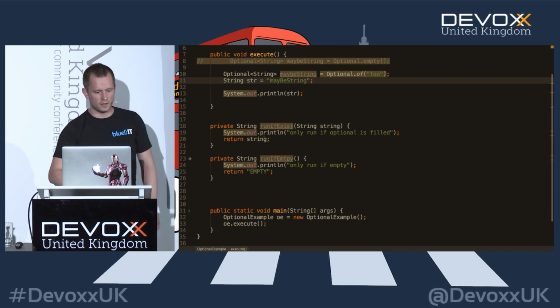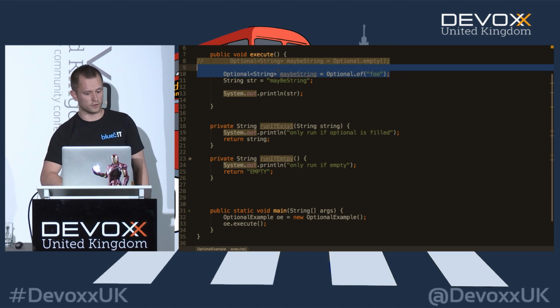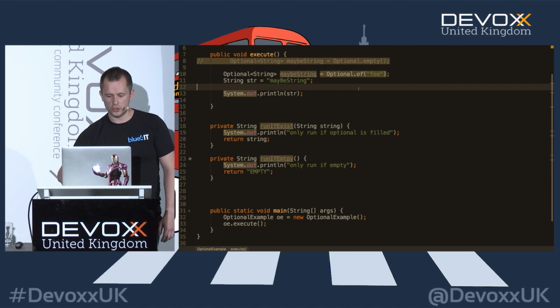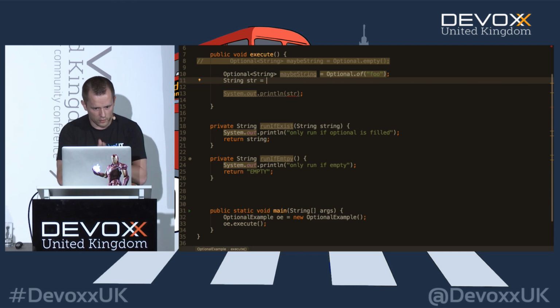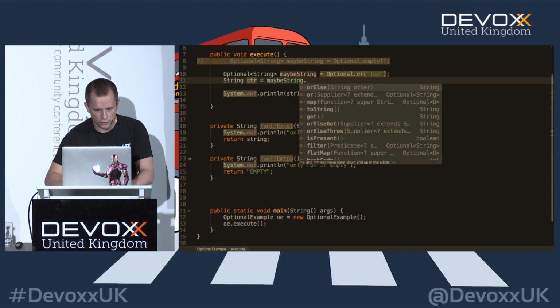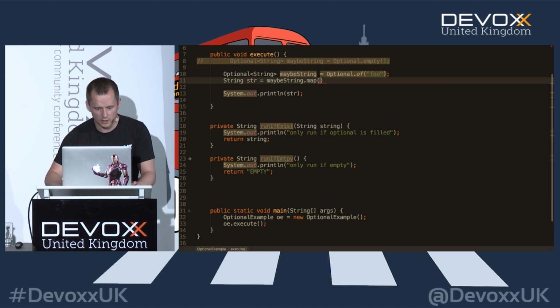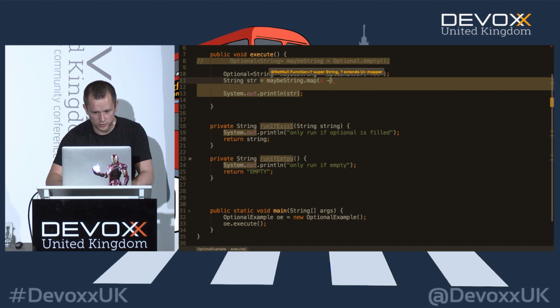Perfect. So in line 10, I have an Optional, and it's the Optional of, and this Optional is filled in this case. Say that my string wants to be like this. I have this Optional, and I set my maybe string. Say I want to, first of all, map something, and I have the function over here. Well, if there's something in it, I have a string, and I will call, and I say runIfEmpty, and I will supply it as a function.